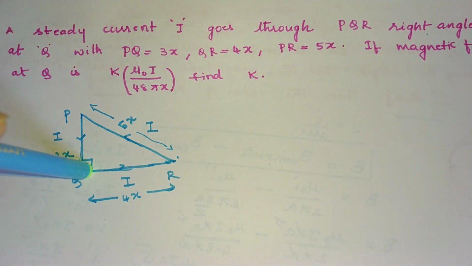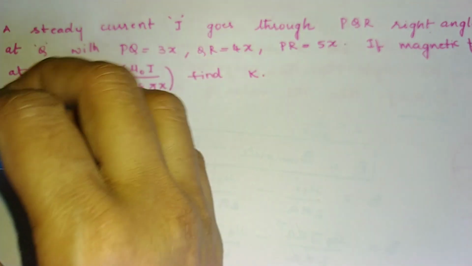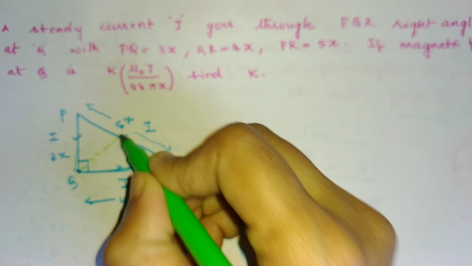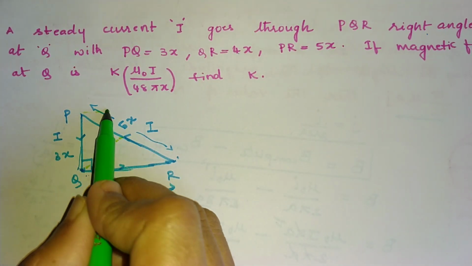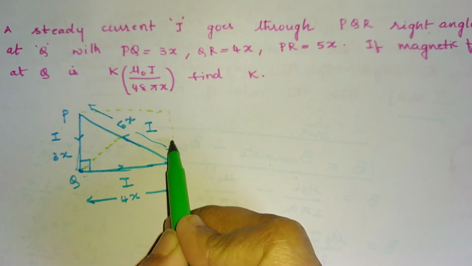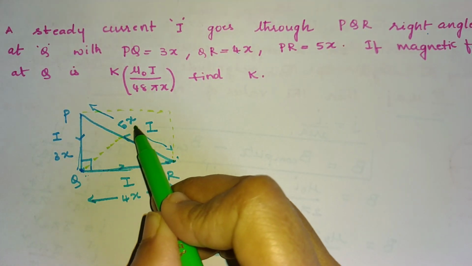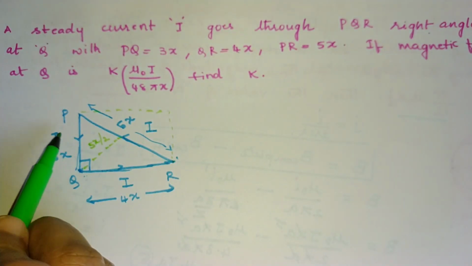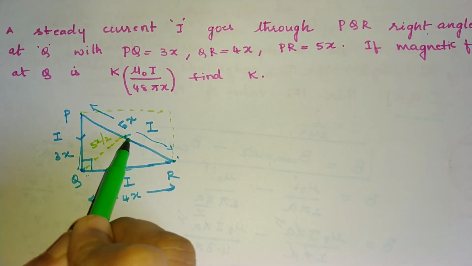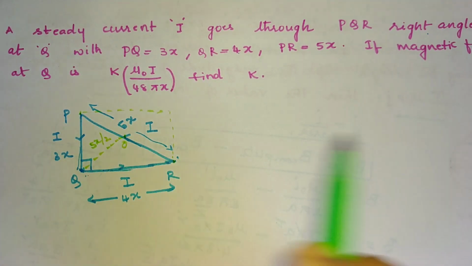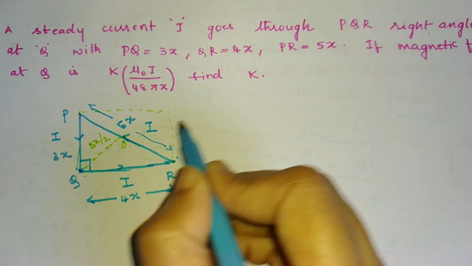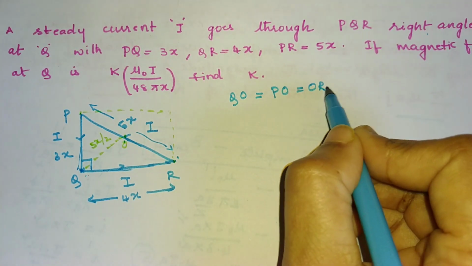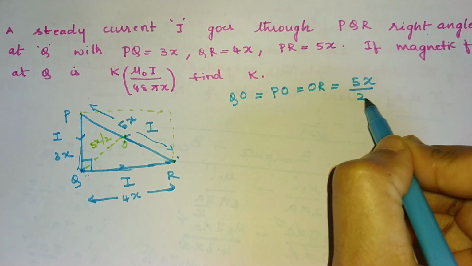So if this is the point where you are finding the magnetic field, first I need the perpendicular distance. So drop a perpendicular. So what should this distance be? If I complete the square, not the square, it's a rectangle. This diagonal is also 5x. Half of that diagonal will be 5x by 2. Even distance from P to O is 5x by 2. O to R is also 5x by 2. Okay, I'll write the data here. QO distance equals PO distance equals OR distance. All of them are 5x divided by 2.